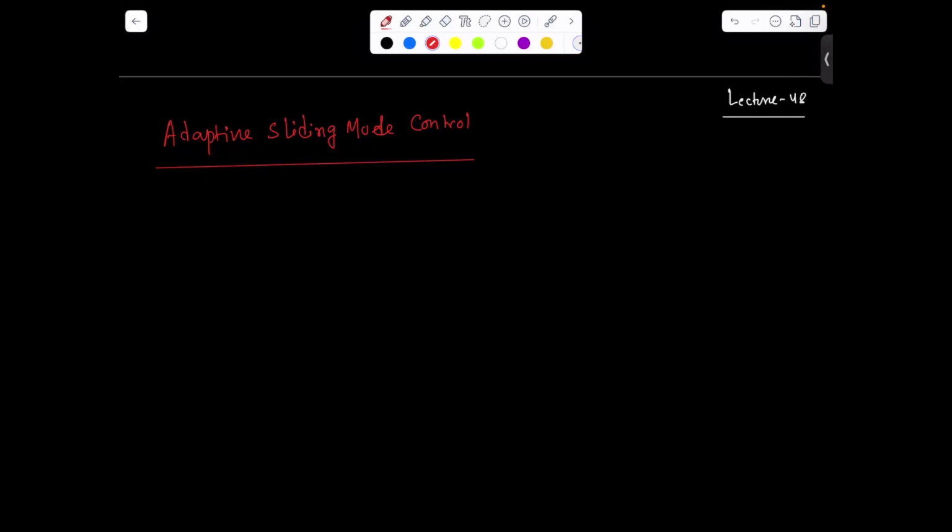Hello everyone. In today's lecture, we'll be starting adaptive control. Here we are going to discuss how we can make the sliding mode adaptive to handle the uncertainties in the system or parameter variations in the control. Before we proceed to the main design concept, first let me introduce with some notes how it is useful for practical applications. So let me write some notes.